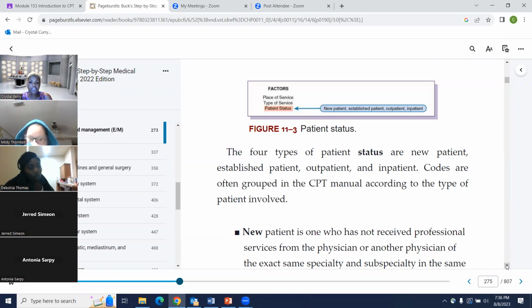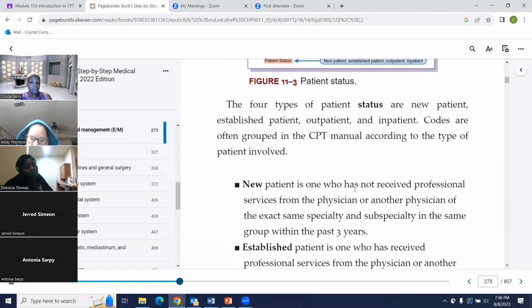A new patient is one, and this is very important because a lot of people get this confused, who has not received professional services from the physician or another physician of the exact same specialty and subspecialty in the same group within the past 3 years. That's the only way a patient can be described as a new patient.